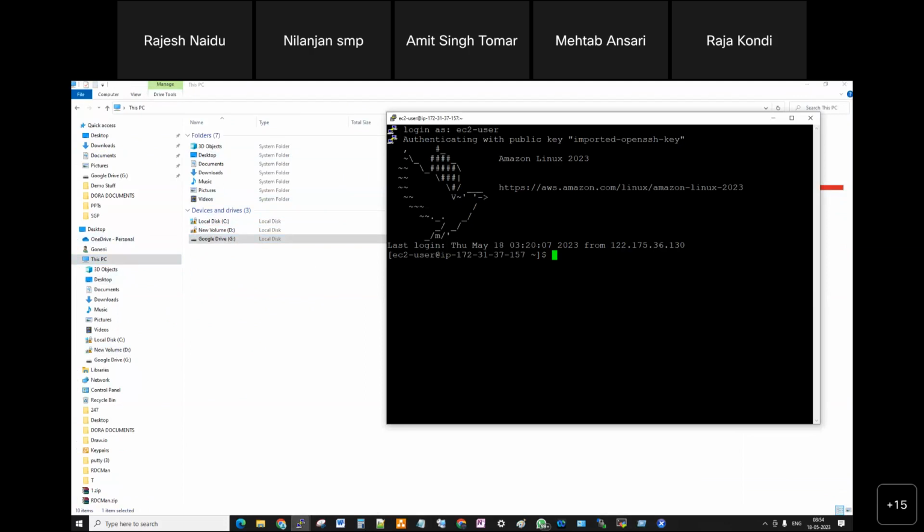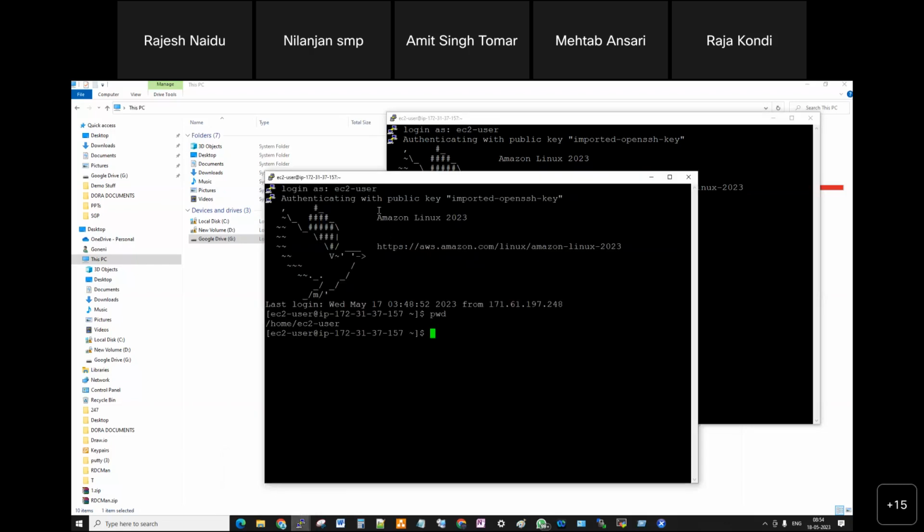Where is the slash? This is the slash, the first one, the forward slash. That is the root directory. Can you go to that particular location? Yes, it is possible. cd space dot dot, enter.